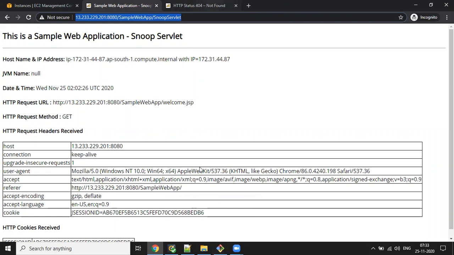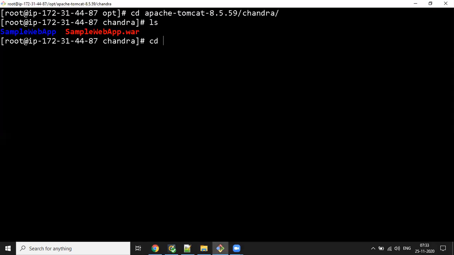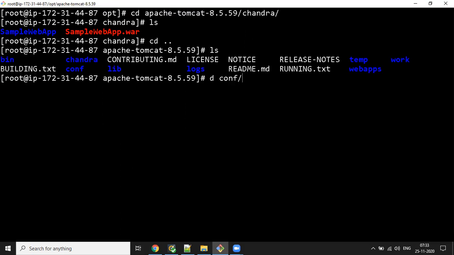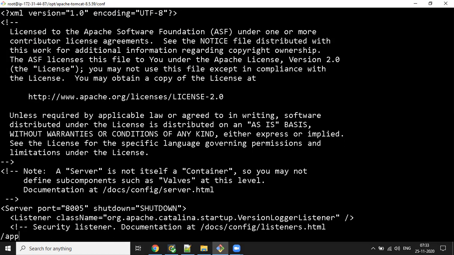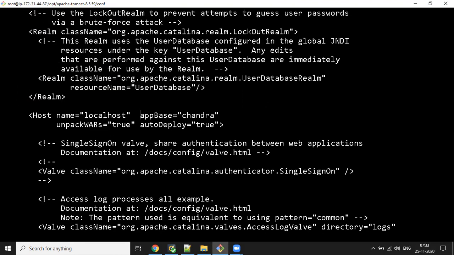Now I'm going back again and changing the appBase. cd conf, vim server.xml. I'm going to search appBase. Insert.